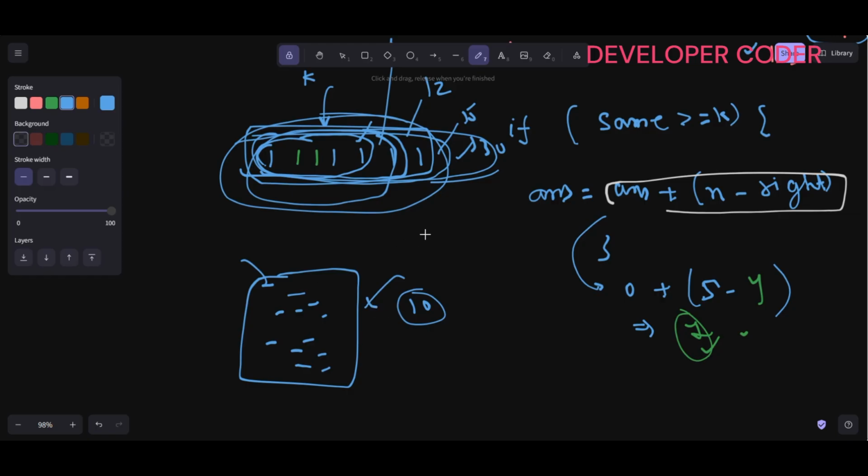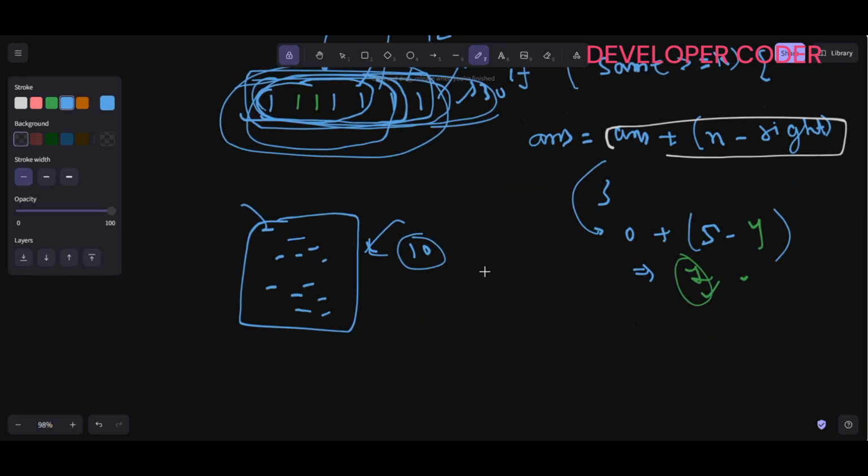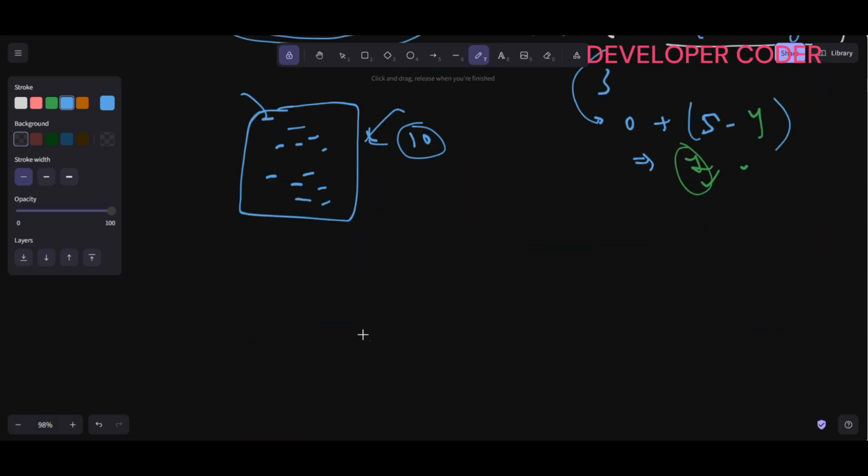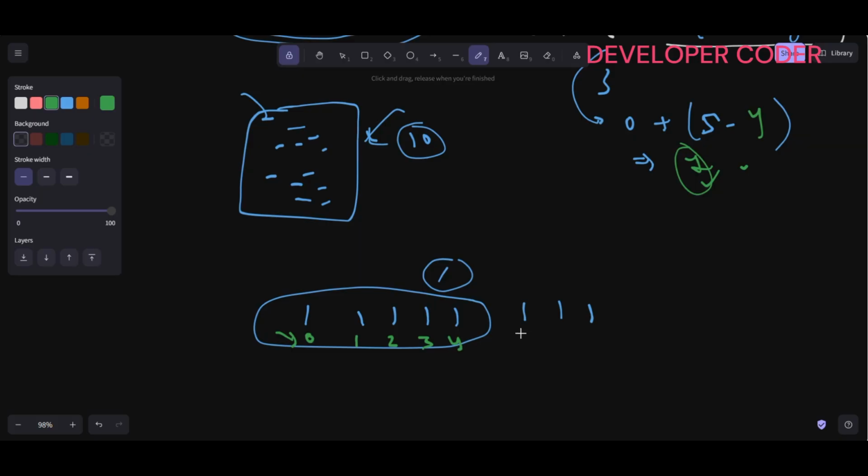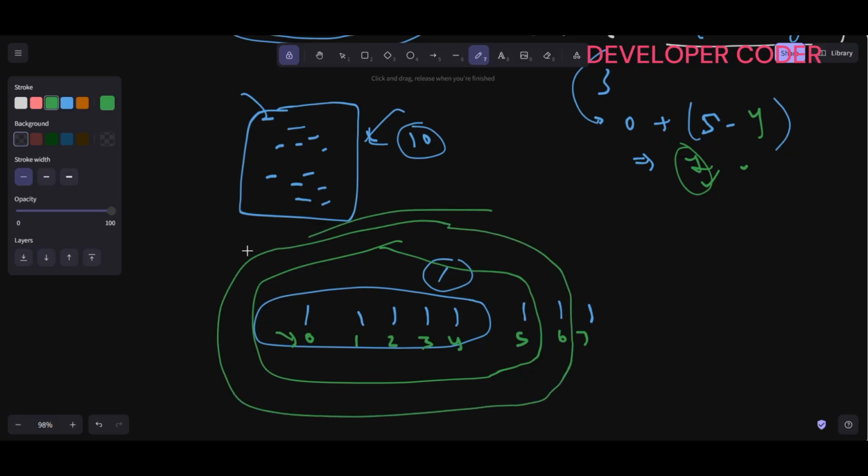Now this is done. So how many different subarrays can we form? Here 1 1 1 1 until here this is just a 1, and there are a few extra ones here. Now how do you check how many valid subarrays you can form? This is one subarray starting from this 0, 0 1 2 3 4. This is one valid subarray, right? This is also a valid subarray, this is also valid, and this is also valid. So here total n value is 8,